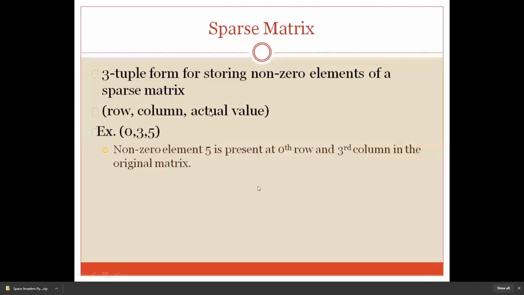Meaning if I have the non-zero element 5, you can see in the example the third point 0 3 5, where 0 is the row number, 3 is the column number, and 5 is the actual value that you are representing in the matrix. At row number 0 and column number 3, where row and column intersect, the value present is 5.